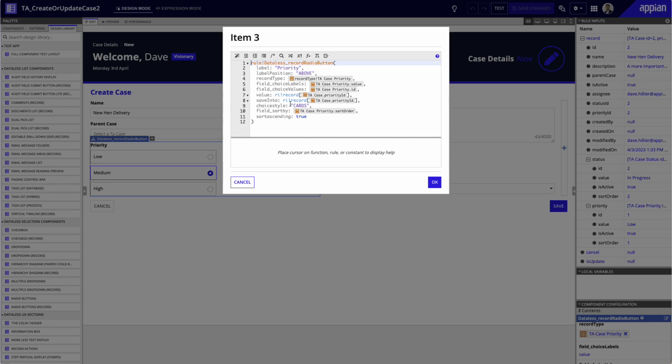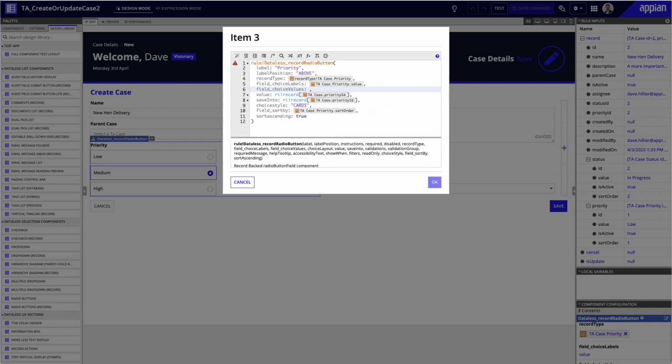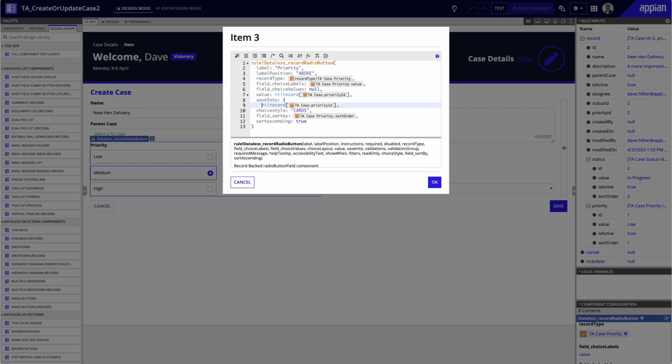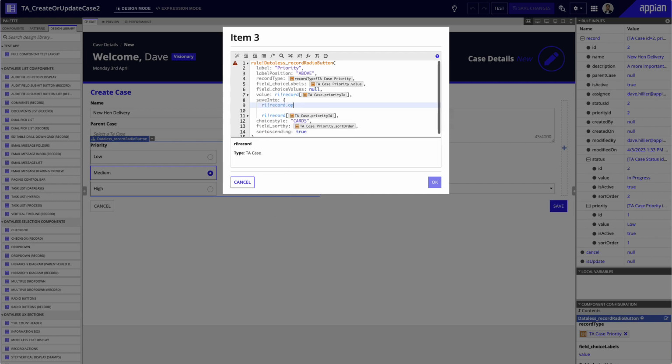And what we're going to do is change what we're saving. In this case, we were choosing our values to be just the ID, and that's what we're updating. But we want to update the whole status object at this time. So these building blocks are quite good. If you leave the value as null, then it will return the whole priority object as the chosen result. And that instantly solves one of our issues, in that if we now, in our save into, save this into our bang record dot priority,